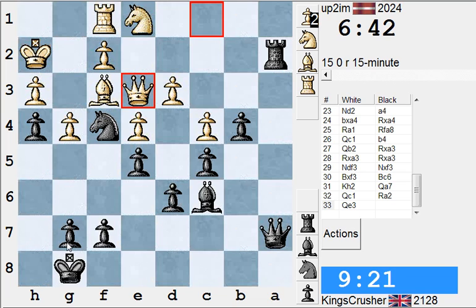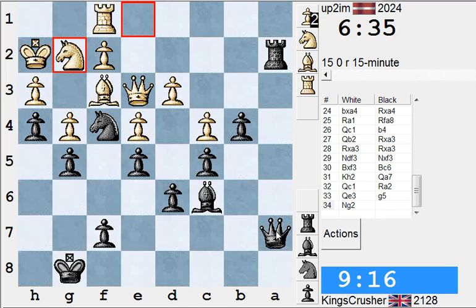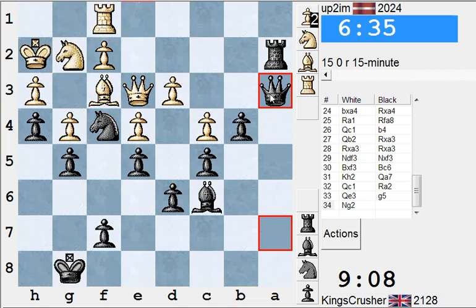G5 would stop any g5 idea, just in case he's wondering about that counterplay. So now queen a3, let's put the squeeze on. Okay. And queen a3. Anyway,